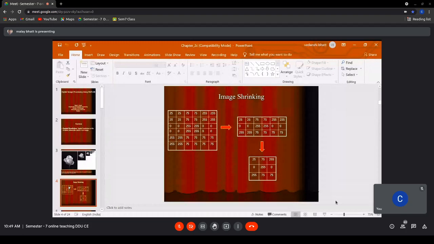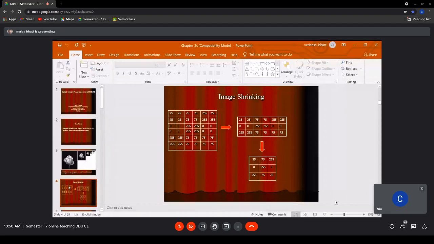Here we have a 6x6 image. Normally you find this kind of example in your image processing course. Perform a spatial resolution reduction and reduce the size of the image to its half. You can see here a 6x6 image is there as a sample image, and it is converted into a 3x3.